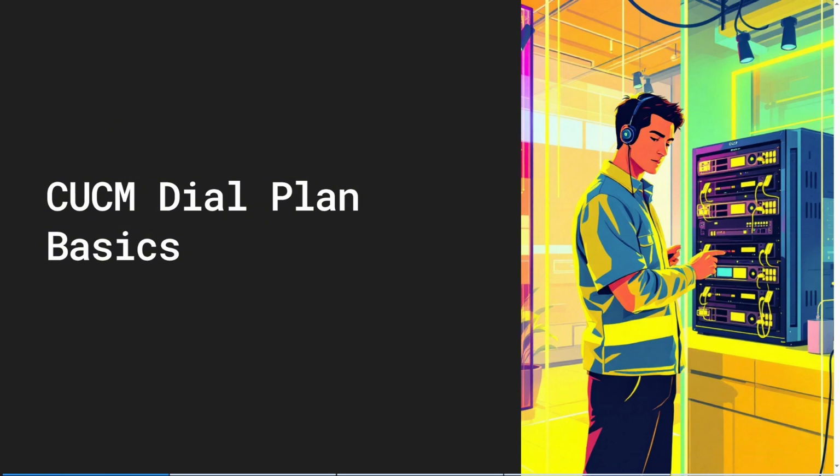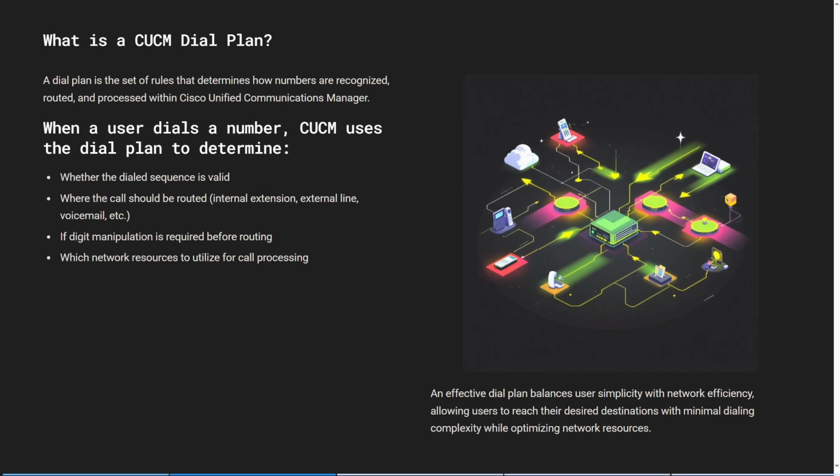A dial plan is essentially the set of rules that determines how numbers are recognized, routed, and processed inside CUCM. Whenever a user dials a number, whether it's a 4-digit extension, a 10-digit local call, or an international number, CUCM uses a dial plan to determine whether the dial sequence is valid, where the call should be routed (an internal extension, external line, voicemail, etc.), if digit manipulation is required before routing, and which network resources to utilize